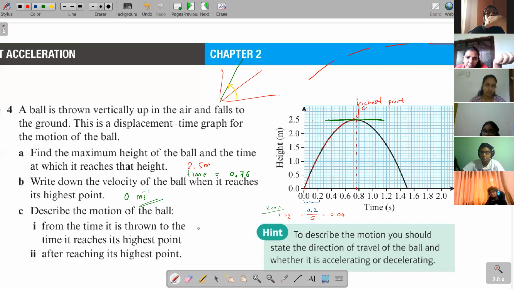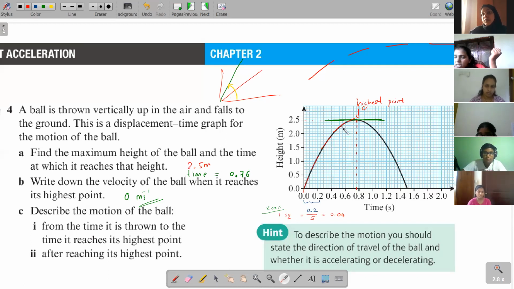Do you understand? This graph is not constant. Can we find whether the velocity is decreasing or increasing by finding the angle? Yes, by looking at the slope. Just by looking at the slope, you can see whether the velocity is decreasing or increasing. So that's why I was saying to look at the slope. That's why I did this here.